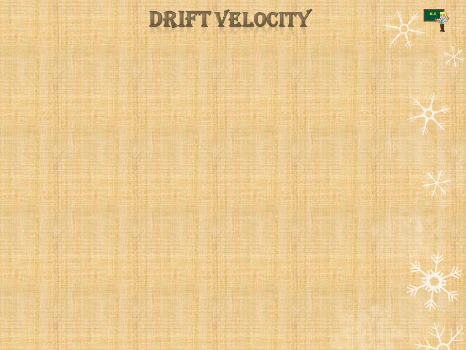Now, drift velocity. Subatomic particles like electrons move in random directions all the time, and when electrons are subjected to an electric field, they still move randomly. I think you all know the word randomly. But they slowly drift in one direction, in the direction of the applied electric field. The net velocity at which these electrons drift is known as drift velocity.